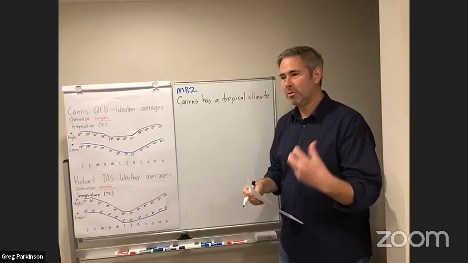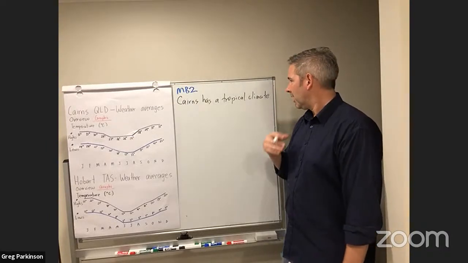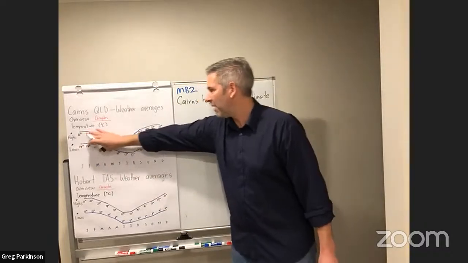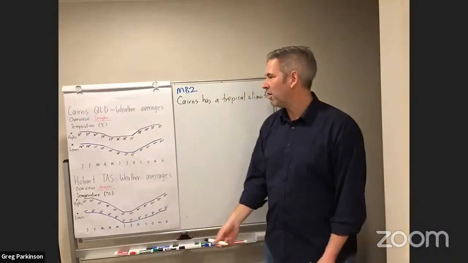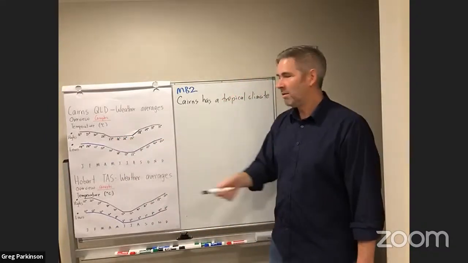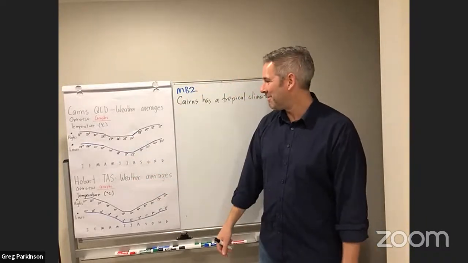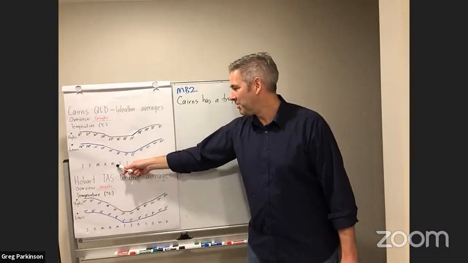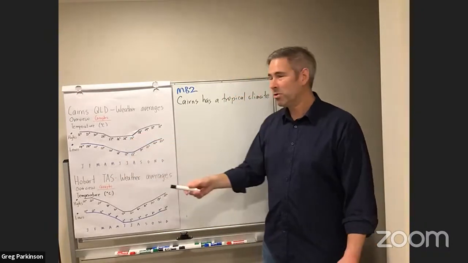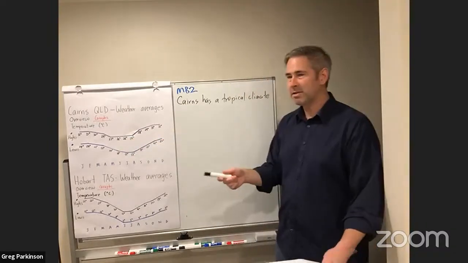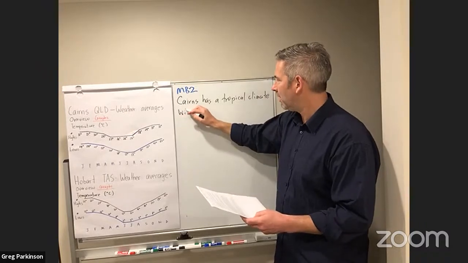Now, a little bit of general knowledge. I'm sure you are familiar with this term as well. Tropical climate, right? So we can see that Cairns has warm summers, and in winter it's not even that cold, right? So they have highs of 26 in the winter months. Just remembering down here in the south, New Zealand, Australia, that winter is June, July, August, right? So even in winter, in tropical Cairns, they have highs of 26, 27. So Cairns has a tropical climate with